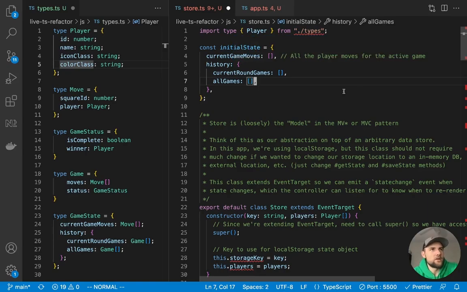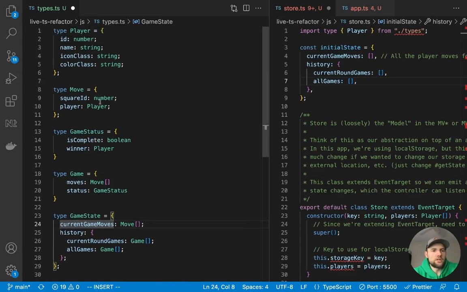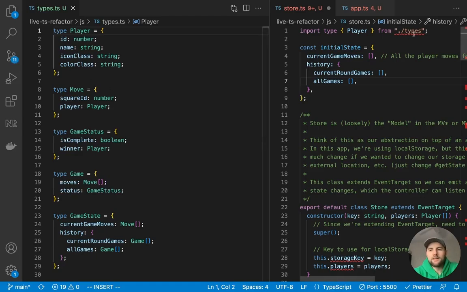Oh, I actually know what's going on here. I'm sorry, I messed this up. So these are all just scoped to the types.ts file, and it's also not saved. So that would be a big problem, that we cannot import that. So the first thing we do is save this file. That will help us out quite a bit, but it will not solve this error because we have not exported any of these from the file.